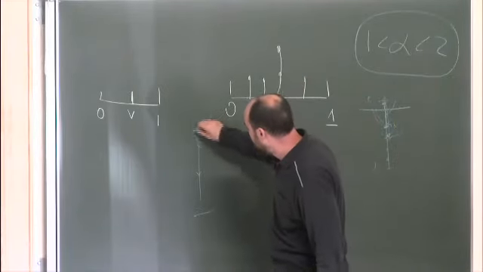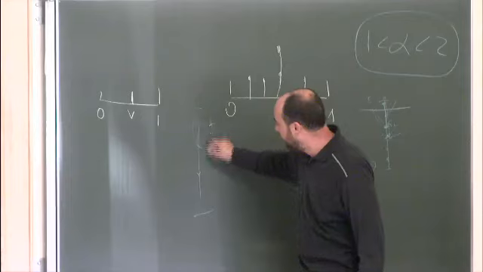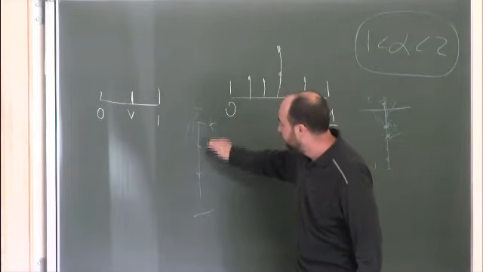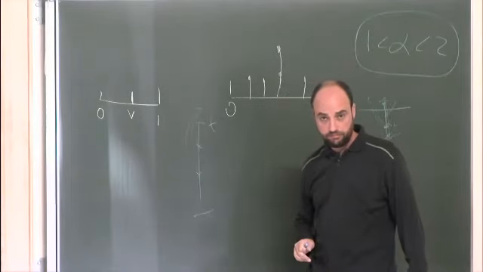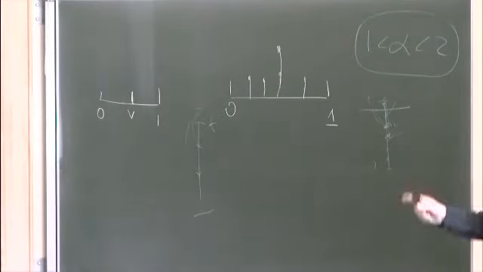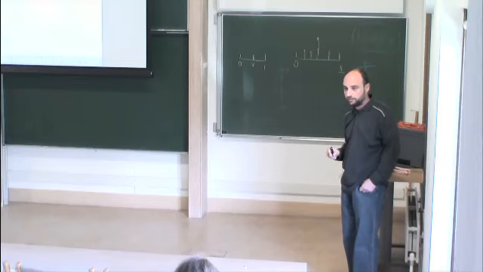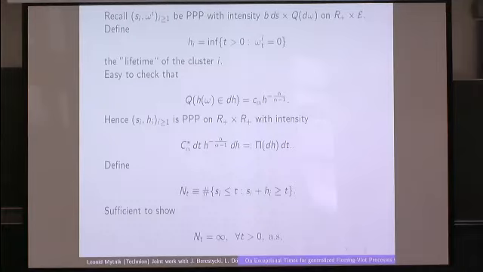This is how long a cluster lives. You need an infinite number of clusters whose lifespan covers point t. Then there are no exceptional times. But this is just a Poisson point process calculation. And